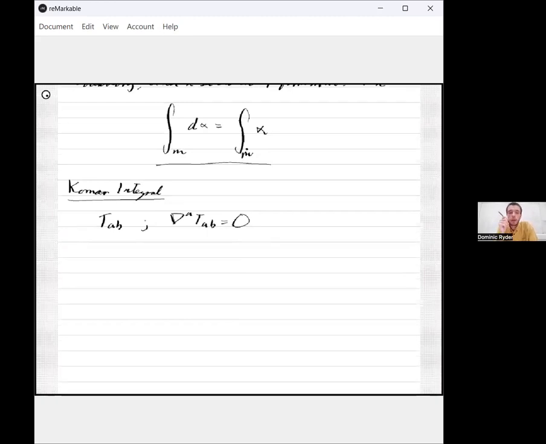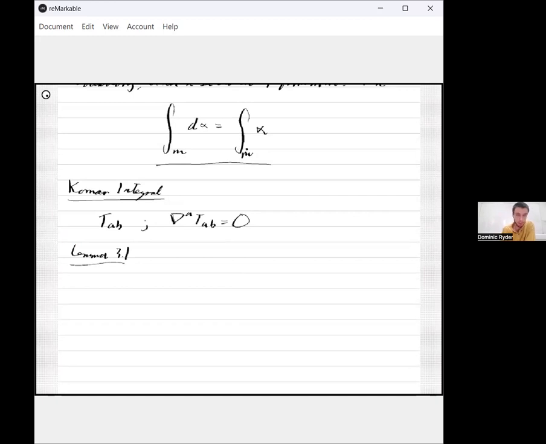Just as a heads up, the conservation law I'm going to be writing down isn't going to be what we're going to use. It's not going to be interesting, but it's going to be a first chance to see a few techniques and applications of Stokes' theorem, which are going to be used for the next hour and a half. So,